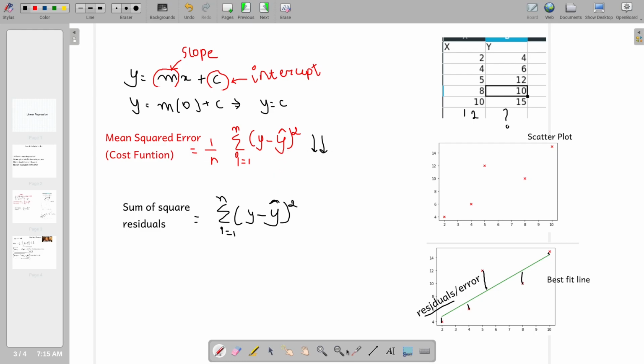Similarly, there is one more cost function called the sum of squares of residuals. It is nothing but we are finding the residual and squaring it. The reason why we square it is to remove the negative impact of this on the equation. As we know, this is nothing but a distance, and distance cannot be negative. So alright, let's hop into gradient descent.